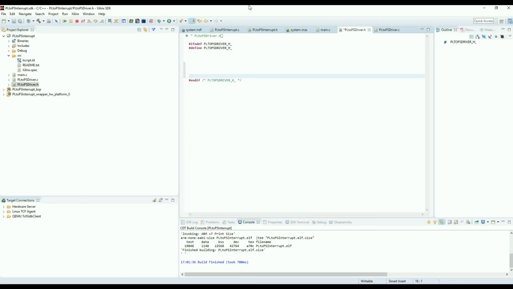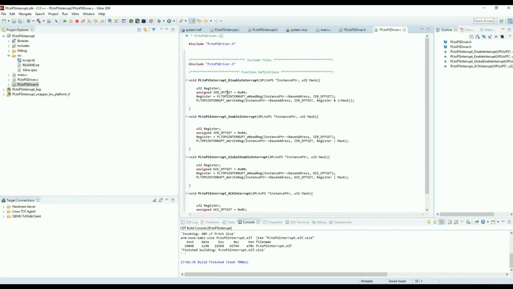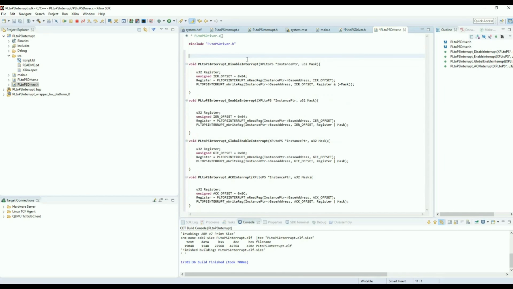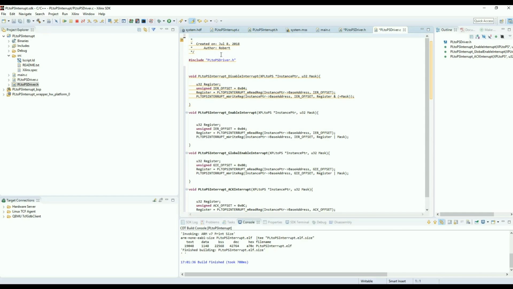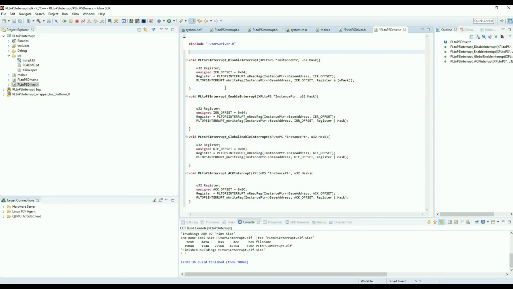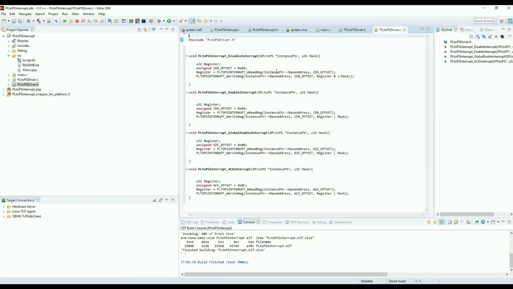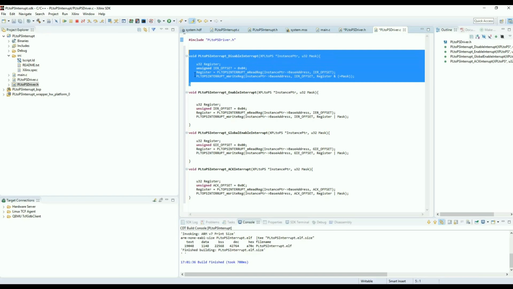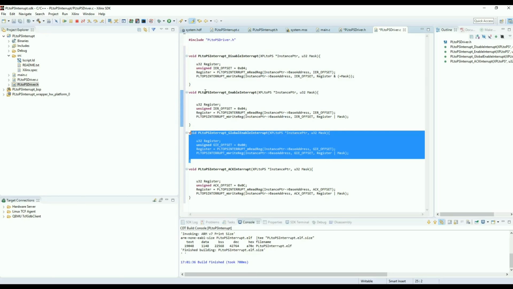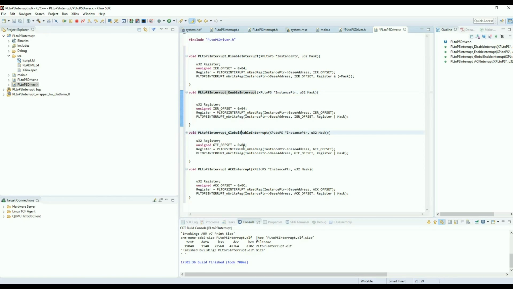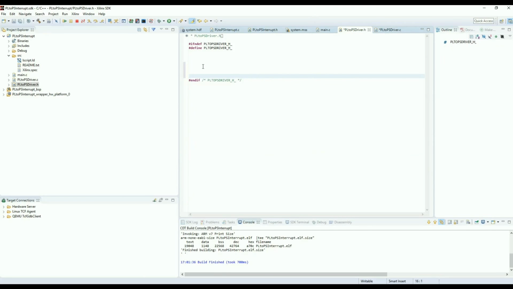So I'm going to go ahead and import the code that I've written already. Going to our driver file, I'm importing the code that I've written for this already. We're including our header file, and then we've created functions for our driver to disable the interrupt, enable it, global enable interrupt, and acknowledge the interrupt. In our header file, see,